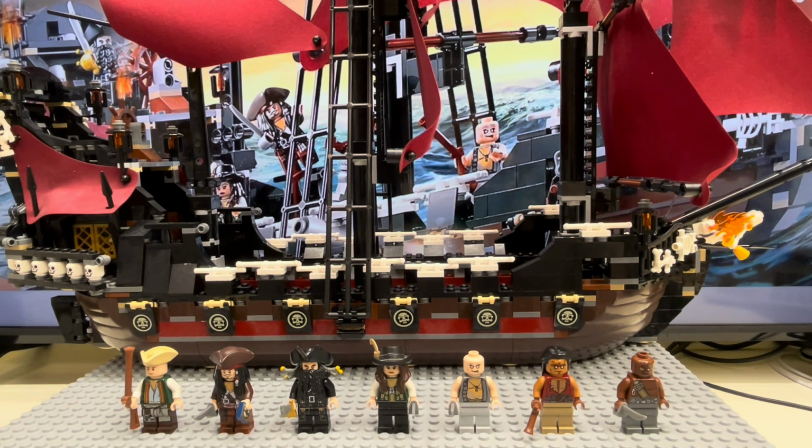Today we're going to be looking at LEGO set 4195, LEGO Pirates of the Caribbean: On Stranger Tides, Queen Anne's